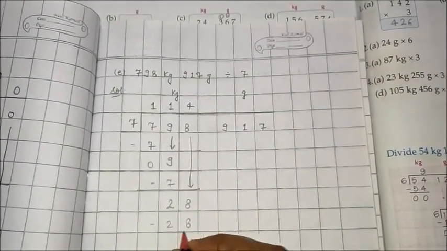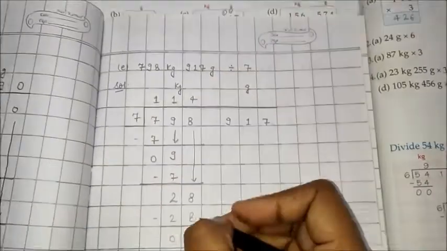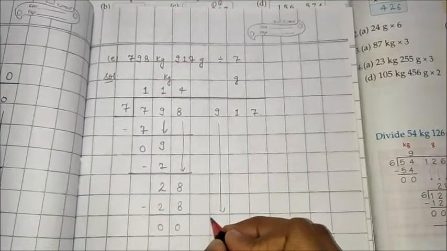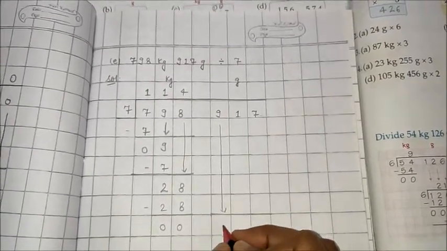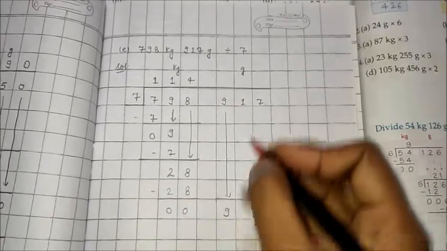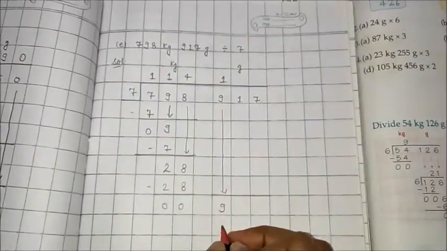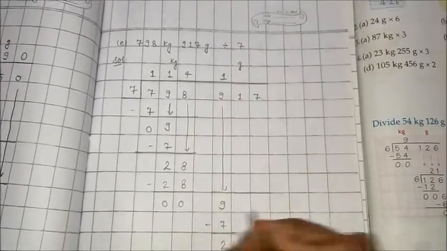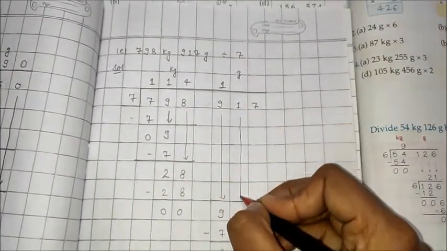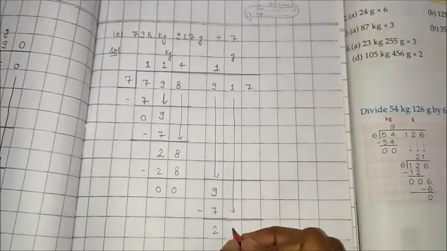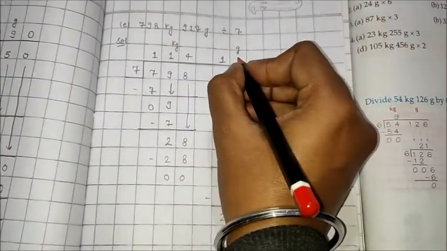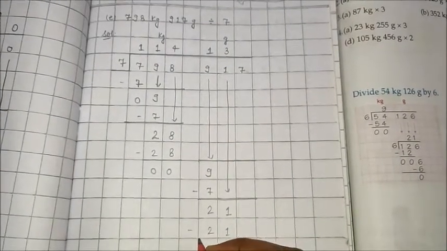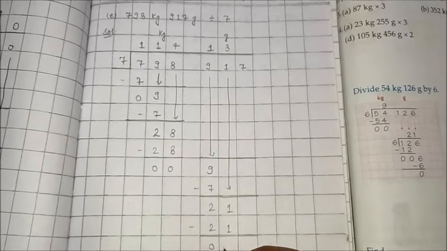Now the remainder is 0 for this kilogram part. Now in the gram part, first of all you are going to write this 9 and 9 क्या लेंगे हम 1 टाइम 7 ही लेंगे. सो 1 टाइम 7, then subtract, it will be 2. Next is 1, so this will become 21 and 3 times क्या आता है 7 की टेबल में 21. Again subtract, it will be 0.